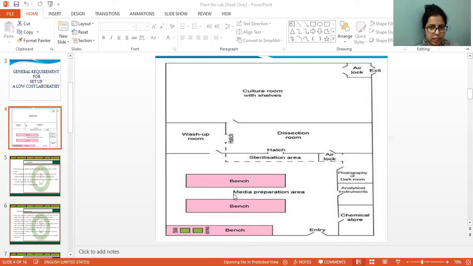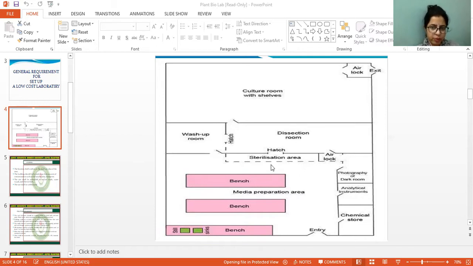And these are two benches where you can prepare your plant tissue culture media. This region is an airlock, and this region is the sterilization area where you have to change your clothes and wear the lab coat, apron, cap, gloves and mask, everything required for the sterilization process.